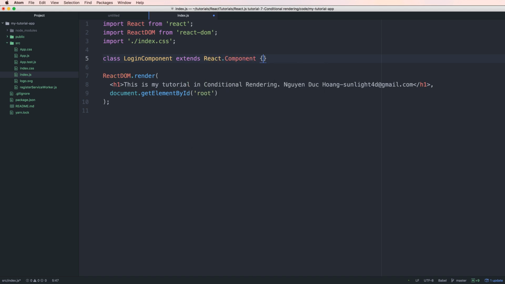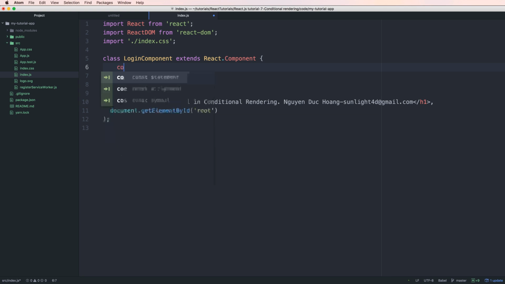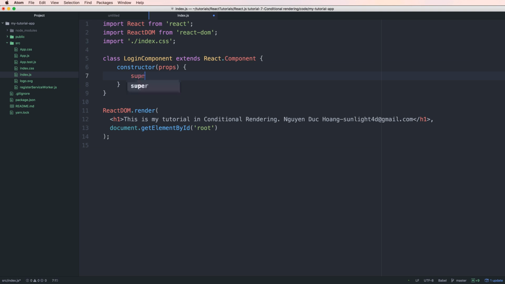Here is the definition of a component by using a class in React, and we have a constructor and the input is props. So we call super to call the constructor of the parent class,